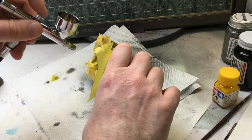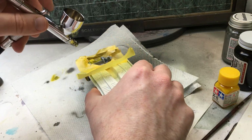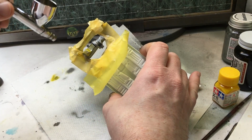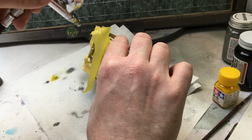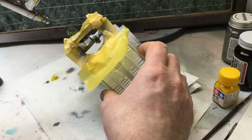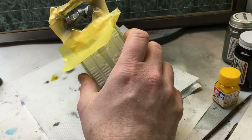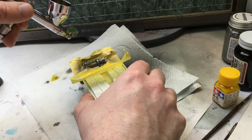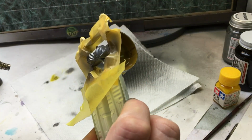I don't actually know what colour the sump is on the real one. I was struggling to find any decent reference photos, so I thought I'll let some artistic license come into play with it, and see if it actually shows through or not. I don't know whether it's going to make any difference or not, but